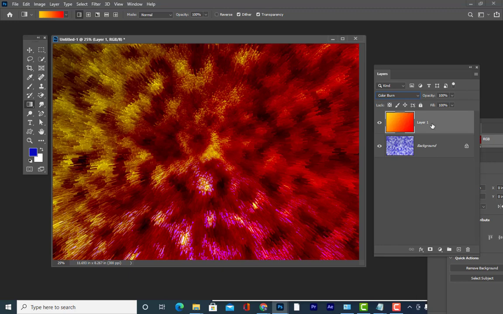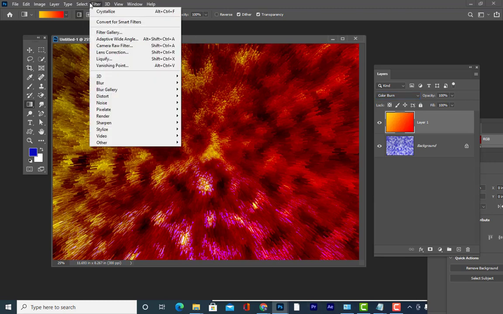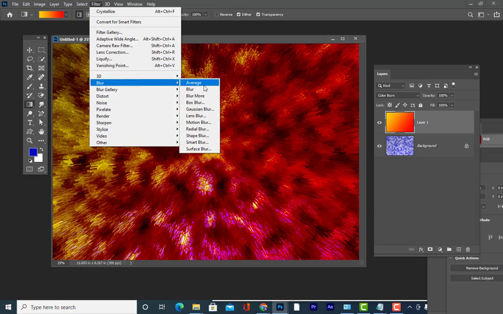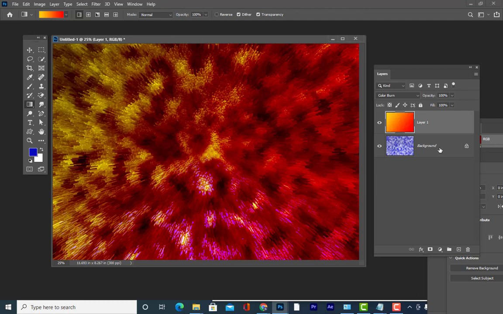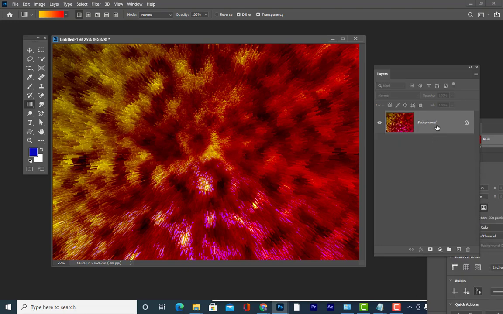And then we can also enhance it again by using the blur filter. I am going to apply radial blur to this, and what I will do is let me merge these two layers. How can we merge the layers? Anybody can tell how to merge? Control E. Okay, select both the layers and use Control E.